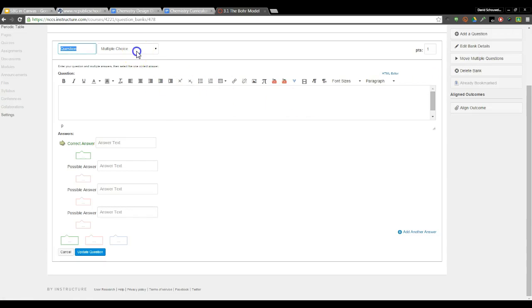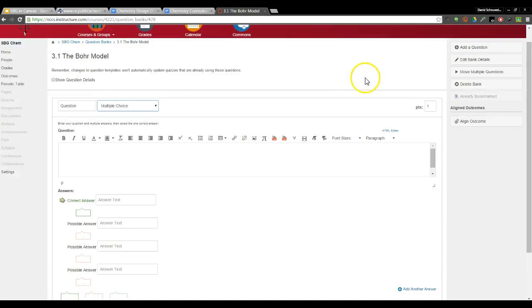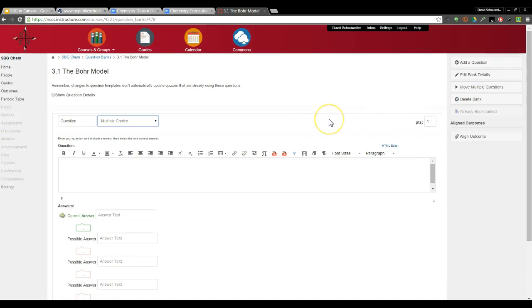And Canvas gives you the option to create a lot of different types of questions, like true, false, fill in the blank, multiple choice. You can do short answer or essay, however you want to do it. Okay? Well, once you've created questions, and I often find it easiest to just pull questions in from a question bank somewhere. So all of my old tests and assessments, I'll just copy and paste all of the questions over